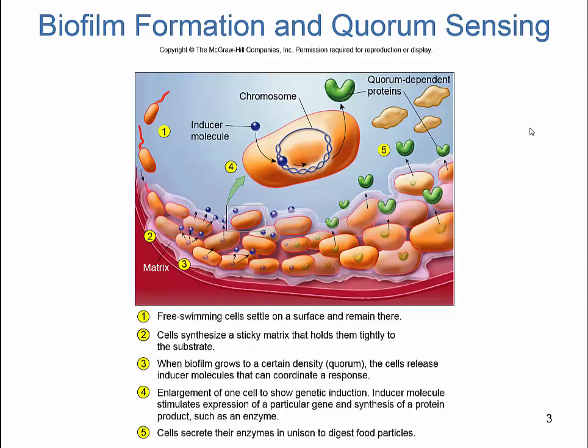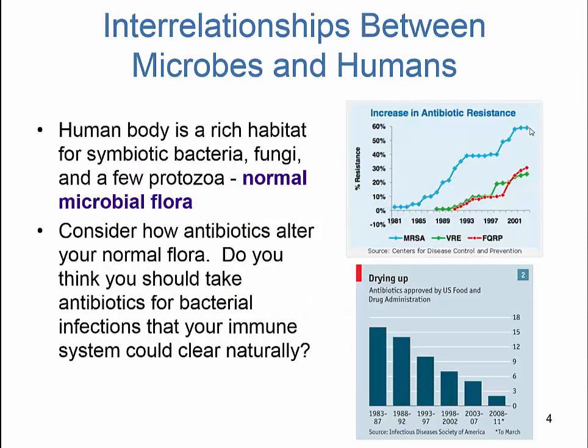Likewise, you may have ecological associations with yeast or other microbes. And those associations, when they're layering on top of one another, make it much more difficult for our standard therapies and treatments to actually get rid of those microbes from the surface. And so biofilms are a huge concern for hospitals. We think about going back to the catheter. If you've got a catheter and you've got a polymicrobial infection on that catheter, your patient actually is at a greater risk for succumbing to the infection because of these orchestrated efforts to exhibit virulence factors altogether.